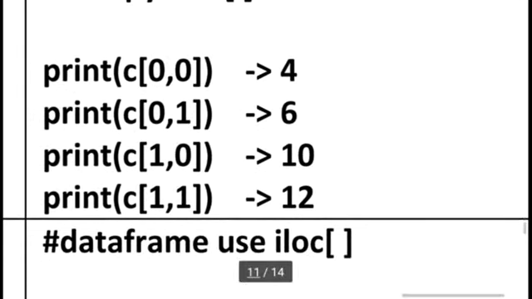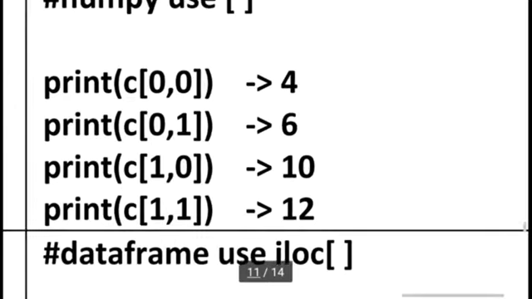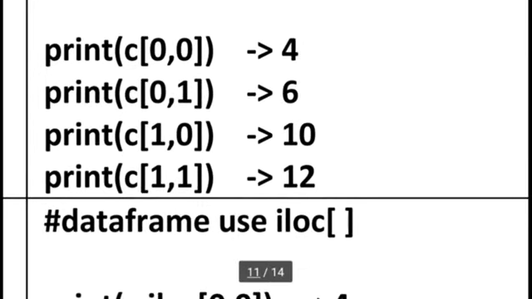But in a data frame, we always use iloc. Here iloc is important.